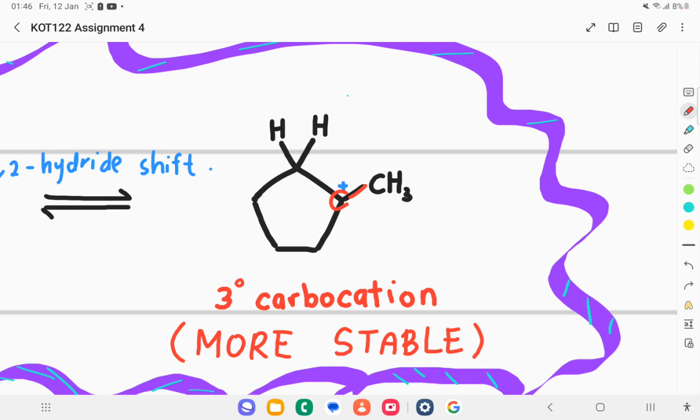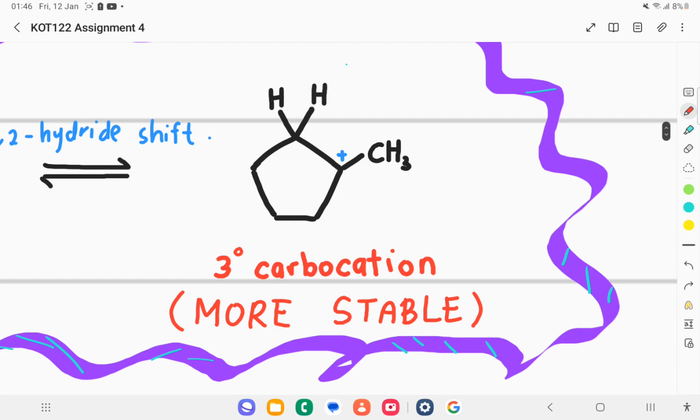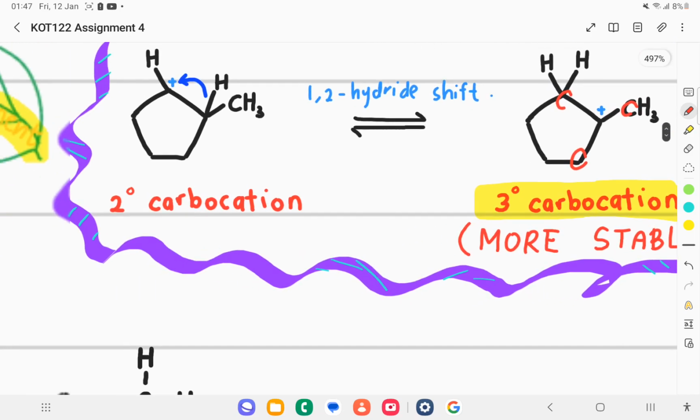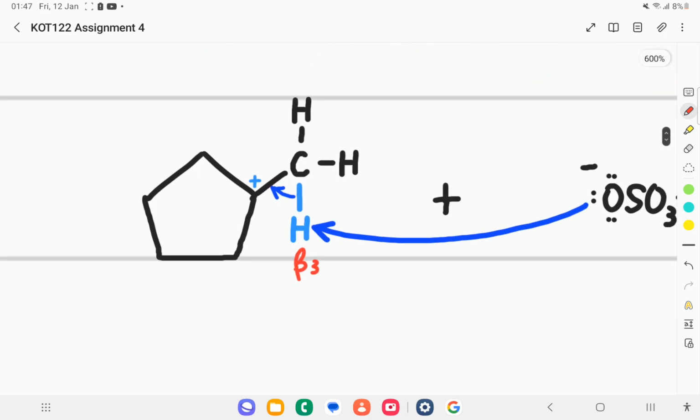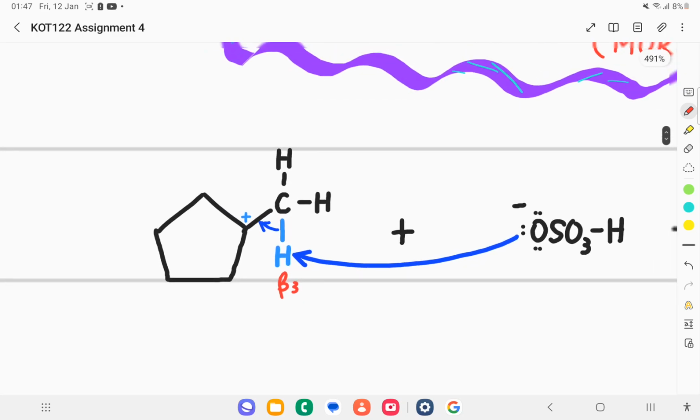So it will become a carbocation here. What type of carbocation is it? Tertiary carbocation, because there are 3 surrounding carbon atoms: 1, 2 and then these 3. So 3 neighboring carbons lead to what is known as a tertiary carbocation, which is more stable than secondary and primary carbocation. So after we rearrange the carbocation,